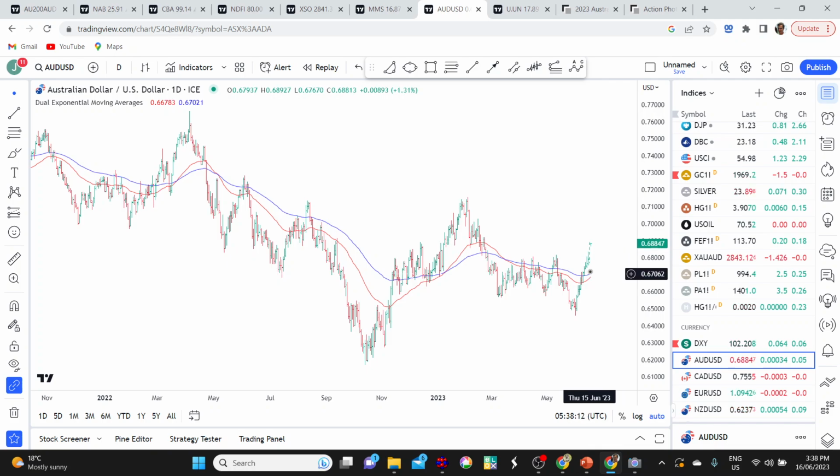We're above the moving averages. Moving averages are turning higher. You may remember when I've been talking about some of the index ETFs, like the S&P 500 ETFs I've been trading or really investing in, I've been using a hedged ETF. And the reason for that, and I've said this at the time, is that I've taken the view that if gold and commodities in general go through an upward phase over the next year or so, that should be good for the Aussie dollar. So I'd want my international exposures hedged.